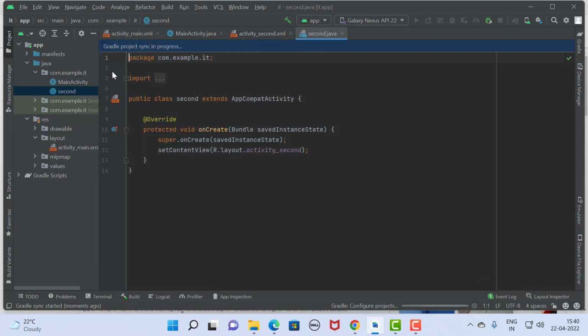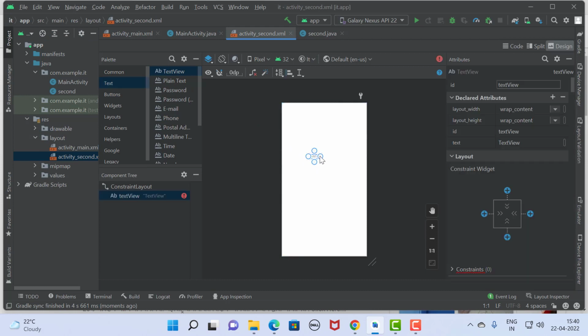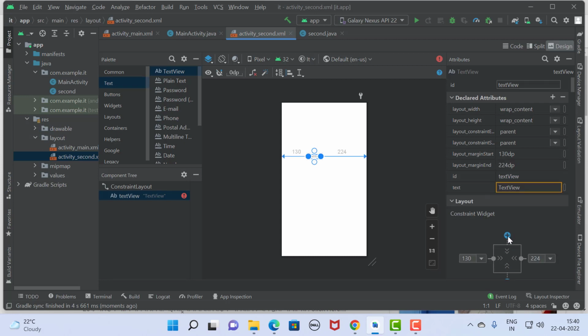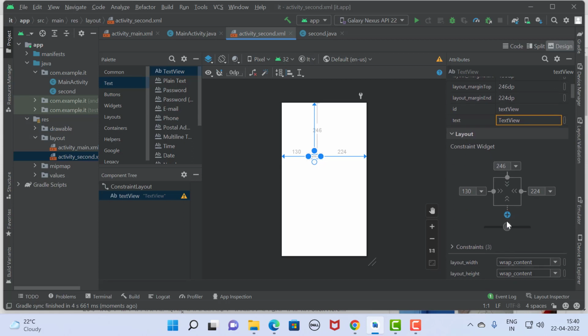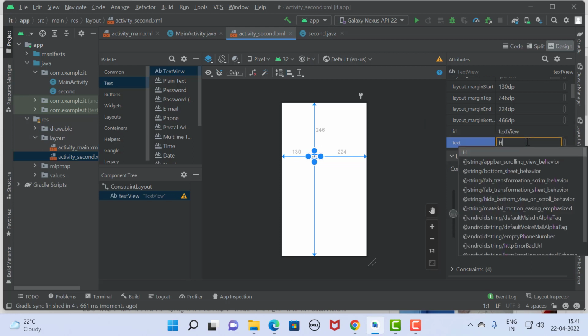In the second activity we just enter one text view over there. And in that text view we just entered a message, hi